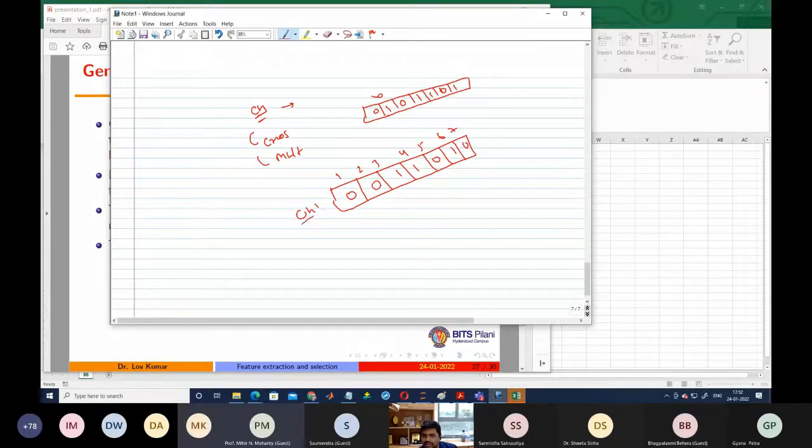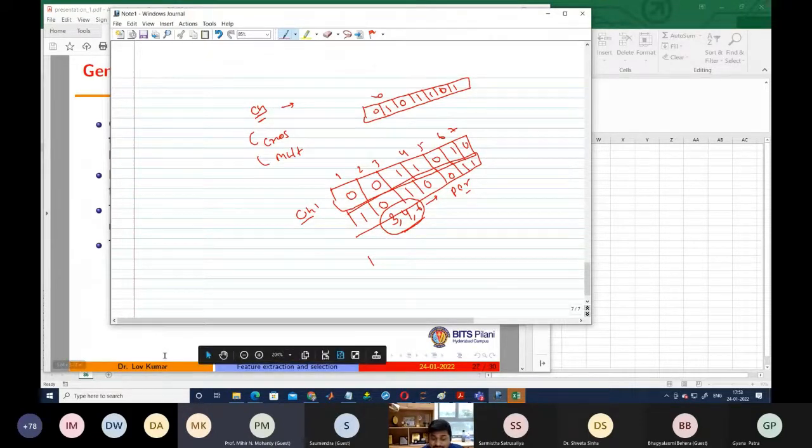What do you mean by that? The solution 1 is saying that if we are going to develop the model with feature number 3, feature number 4, and feature number 6, what is the performance of the model? What is the accuracy of the model if we develop it with features 3, 4, 6? Same like that, we take the second chromosome, it will give something like 1, 0, 1, 0, 0, 1, 1. So again we have to take the same way. So now you can see how we can generate this type of feature.